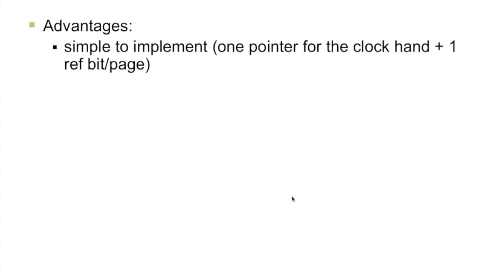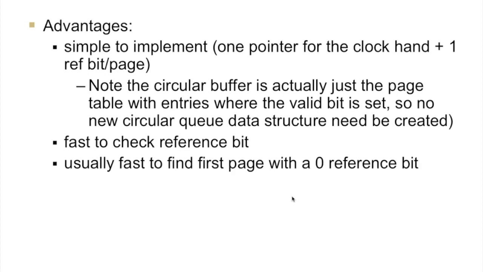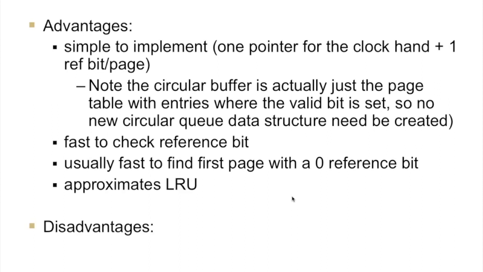This has advantages. It's simple to implement. We have one pointer, a clock hand that's just running through our circular buffer, and we have to have just that one reference bit. And the circular buffer itself is just our page table, so all we really need to remember is where in the page table we last were looking, so we can look at that point again. Very fast to check a single reference bit and to set it. So it's usually pretty fast to find a page that has a 0 reference bit, but it only approximates LRU,